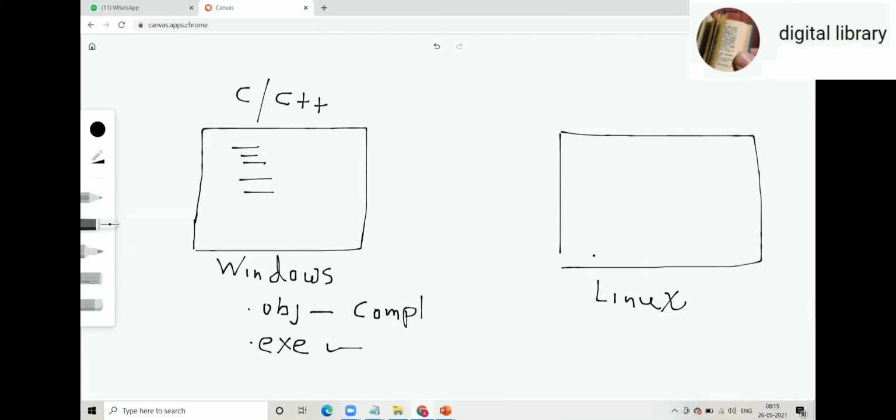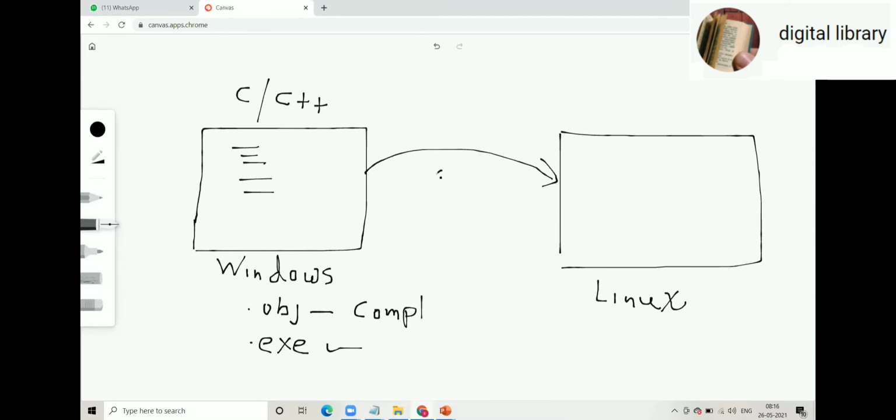Can I run it first of all? Yes, I can run. No doubt about that. Same program I can run on Linux. But for that, what do I have to do? I have to take this source code and copy it to this different machine. Source code is the code which is the program. When you write any code in any programming language, let that be C, C++, Java, Python, whatever, that is called source code. So when you take this source code on Linux, you need to compile it as per the Linux